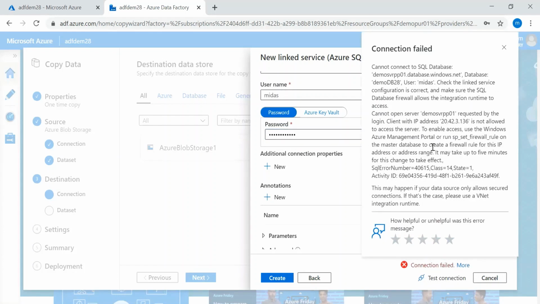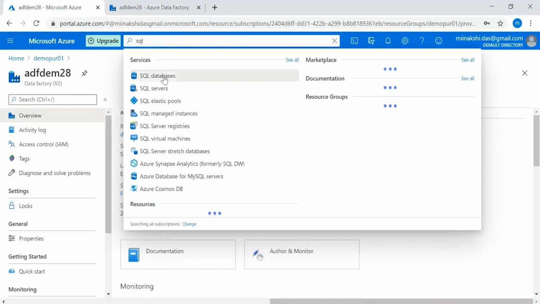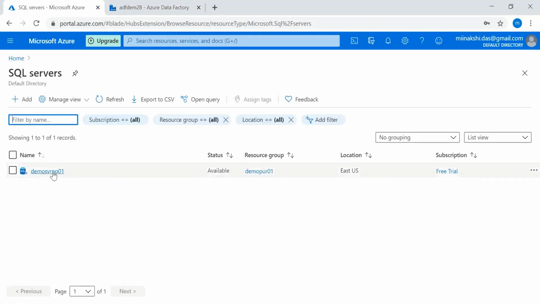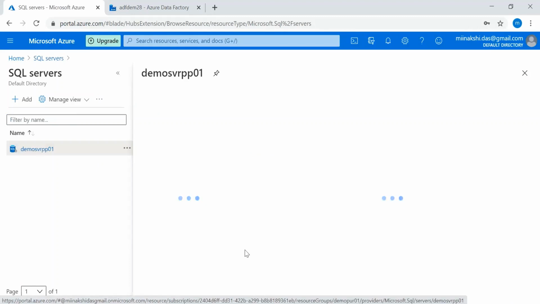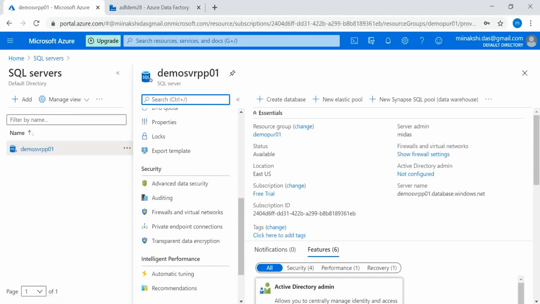Here, when we are accessing the Azure database from any other Azure service, for that also we need to do a firewall setup. Let's do that. In the server, we can see the firewall and virtual networks.